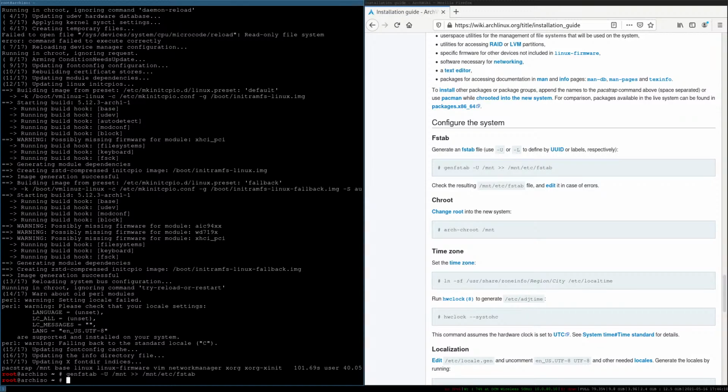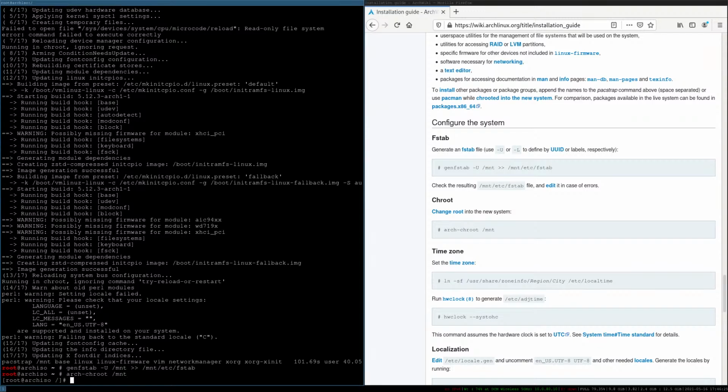Okay. Now let's arch-chroot. Now let's change root into the new system. Okay. Now in the new system,